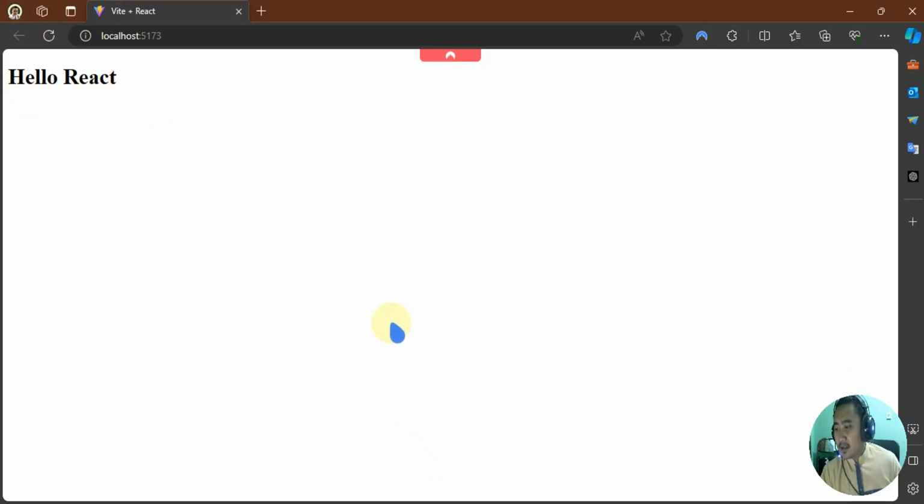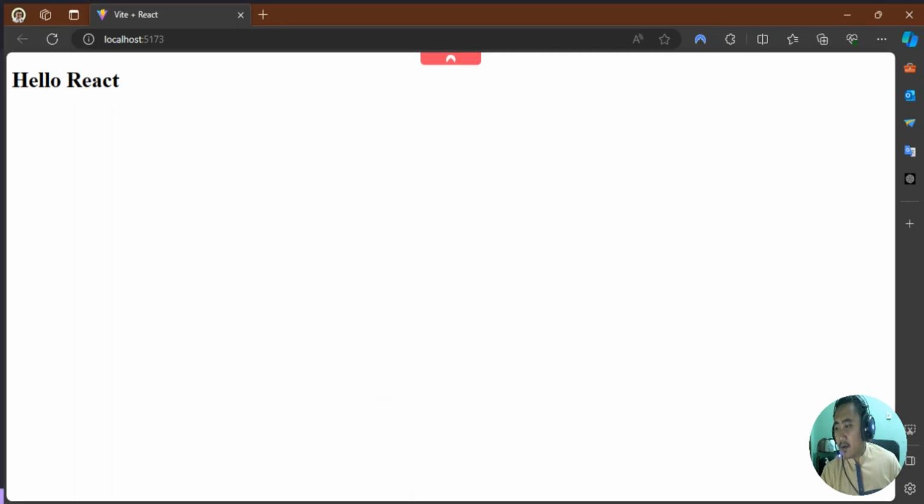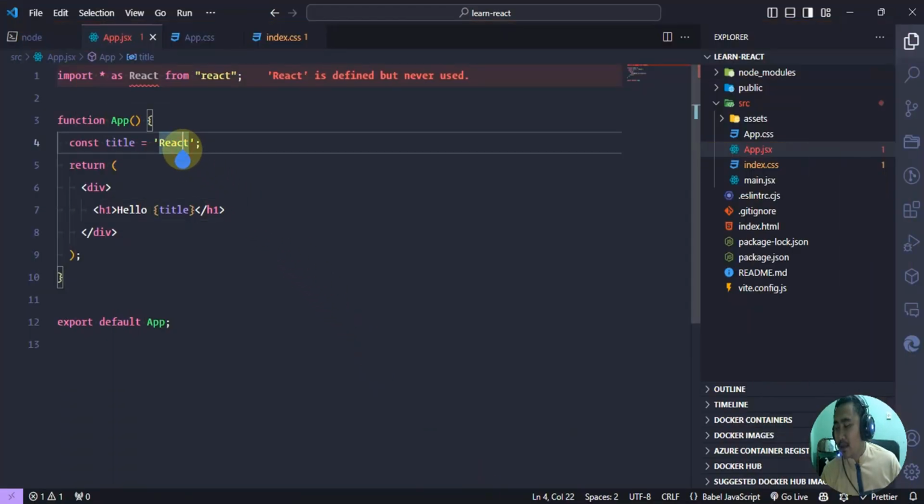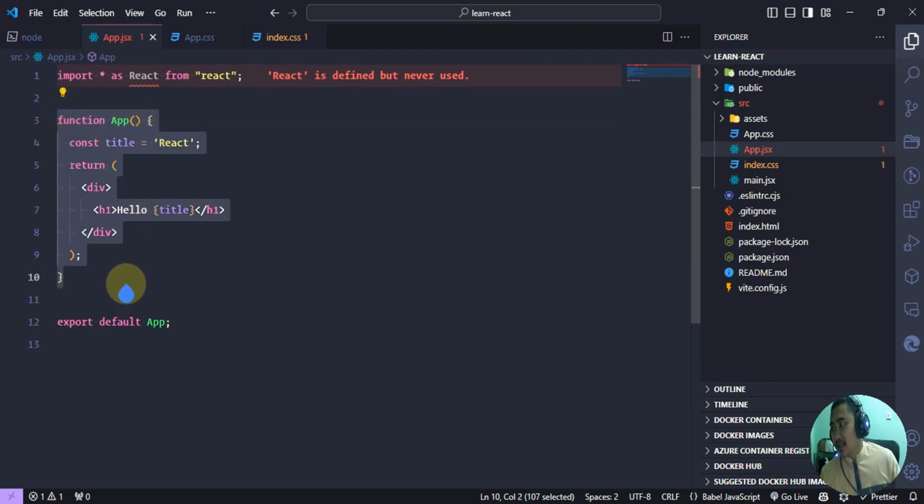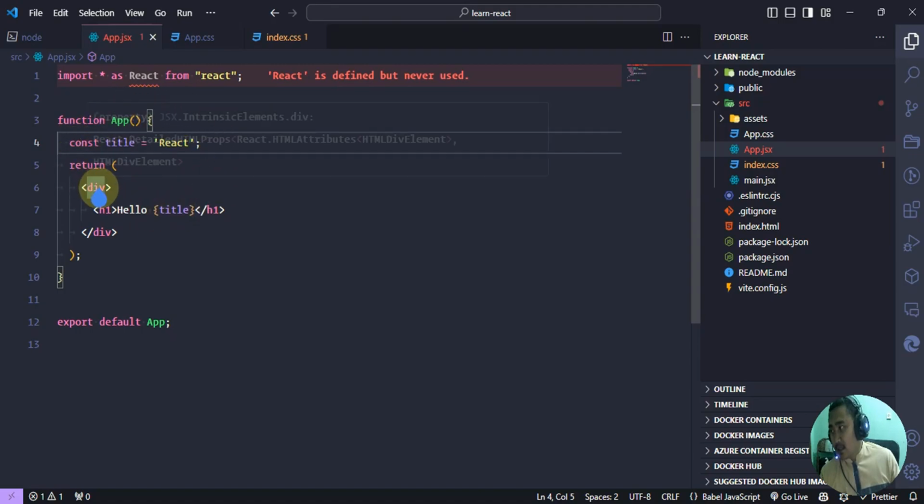See, so we have our component more dynamic, but please take note that because this is just a regular JavaScript function, if we put a variable in a function, just as we already know, whenever the function is called, the variable will be redefined again.